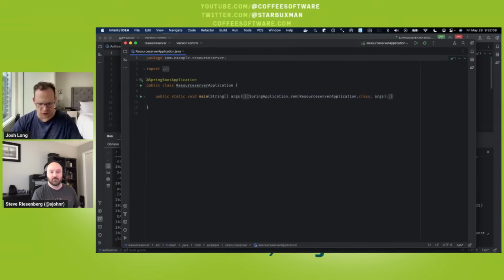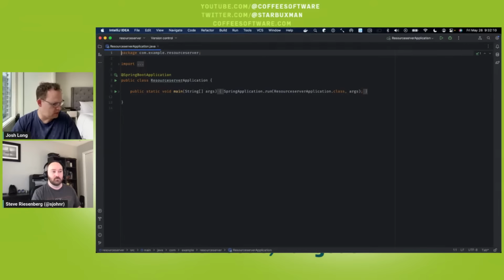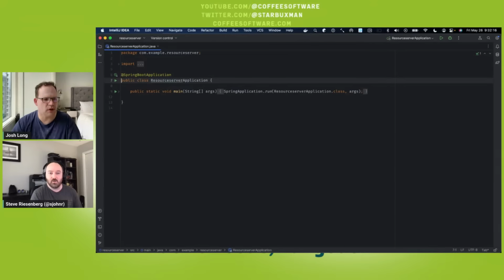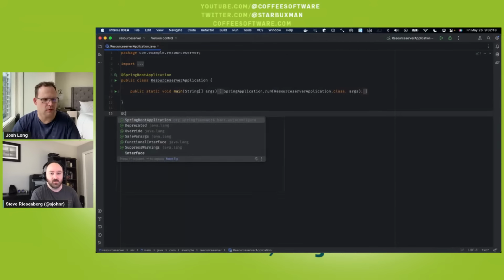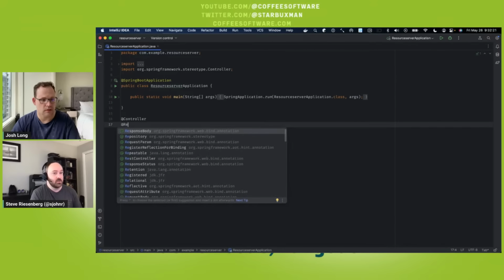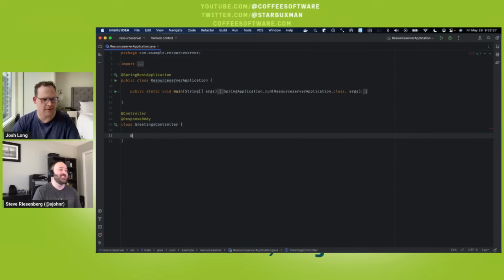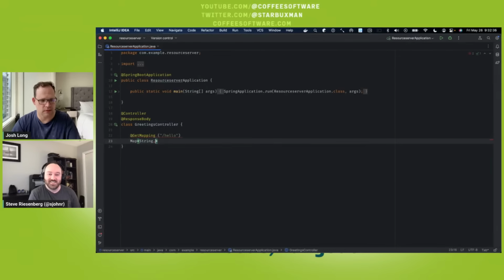Okay, so we're in the resource server code, and this is pretty standard stuff, but what do we do? Properties? Yes, let's go to the properties again. We really only need one property to kind of get going with this. Okay. We do need a controller, though. You're right about that. This part I can do. I got this. Don't worry, Steve. Nice. Yeah, I'm going to make this happen. Watch this. People are going to be so impressed. Just hello. Okay. Map, string,